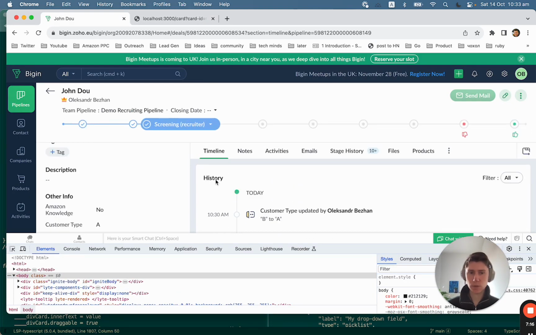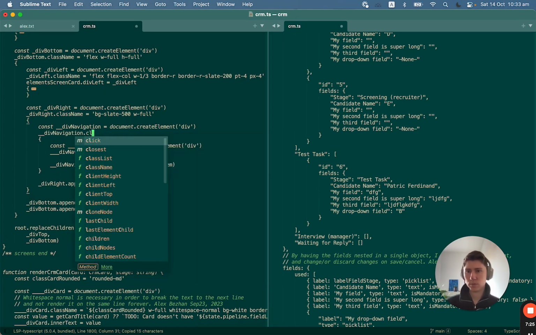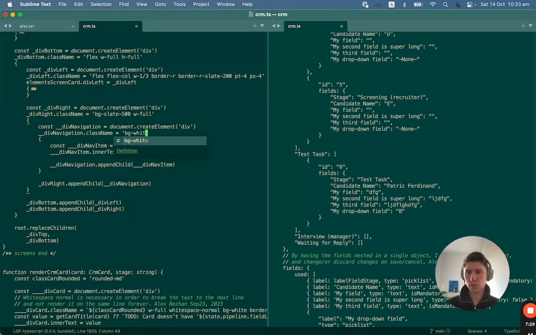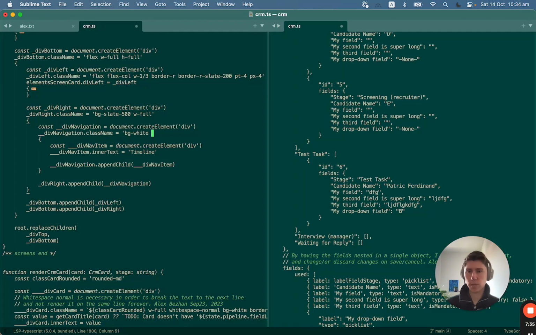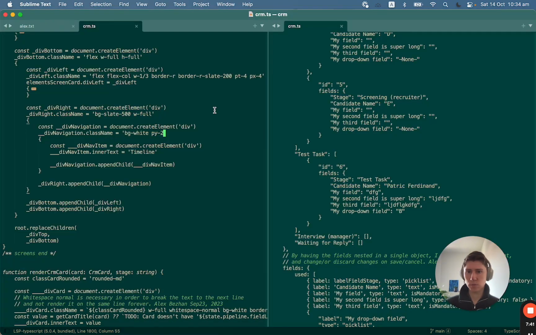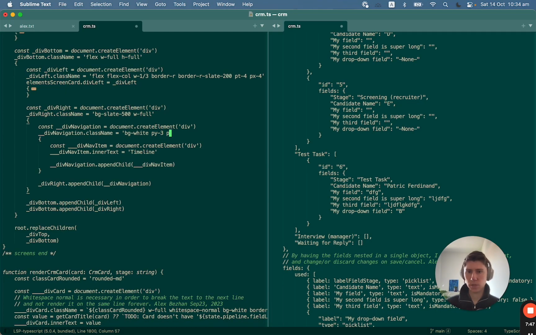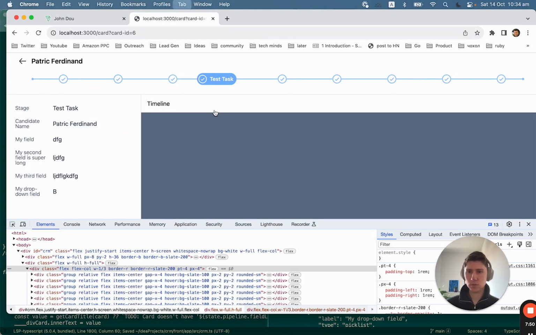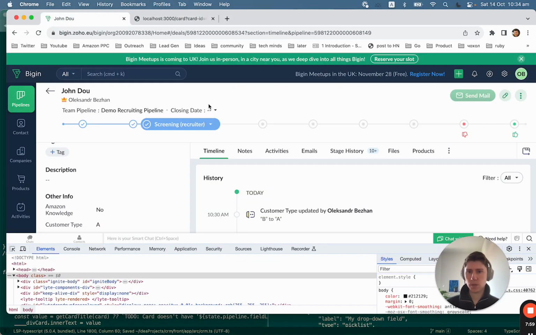Now the timeline itself has to have a background white and maybe padding y2, maybe even 3, and then padding x4, 5, 6. Okay, and now